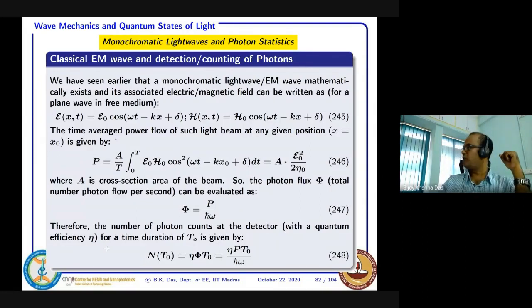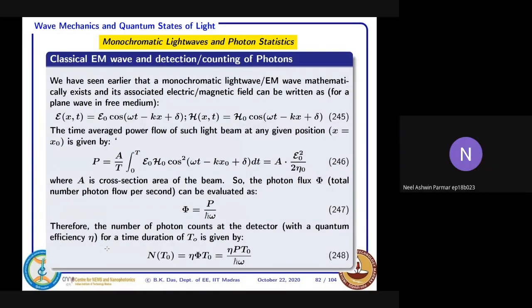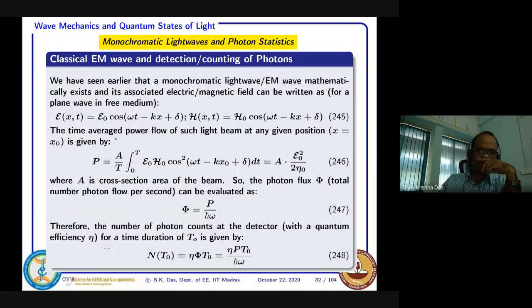Can you explain what quantum efficiency is? Can anyone say what you know by quantum efficiency? I can ask someone. Neil Asin. Sir, I'm not sure about quantum efficiency, but I think it means what is the efficiency of detection? Out of 100%, is it able to detect 80% or 60%? Yes. So it means that if 100 photons are coming, maybe 70 photons it can somehow register as a count. That is a limitation of the detector.